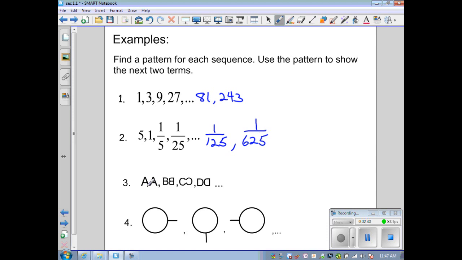Our next sequence, A, A, but then we can tell that this is B and B, but the B is flipped, and then the C and the C is flipped, and the D and D is flipped. Therefore, my conclusion or conjecture would be that I have E, and then E is flipped, and then F